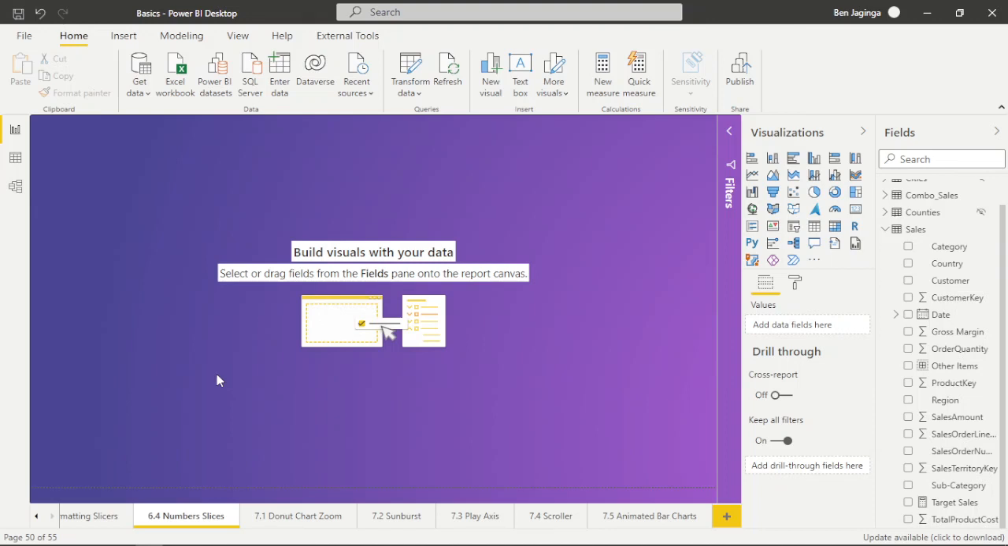Welcome back, ladies and gentlemen, and now let's move on with number slicers. With number slicers, I will first create a matrix visual, then we'll see how we can use our number slicers. So I'll click on this matrix,